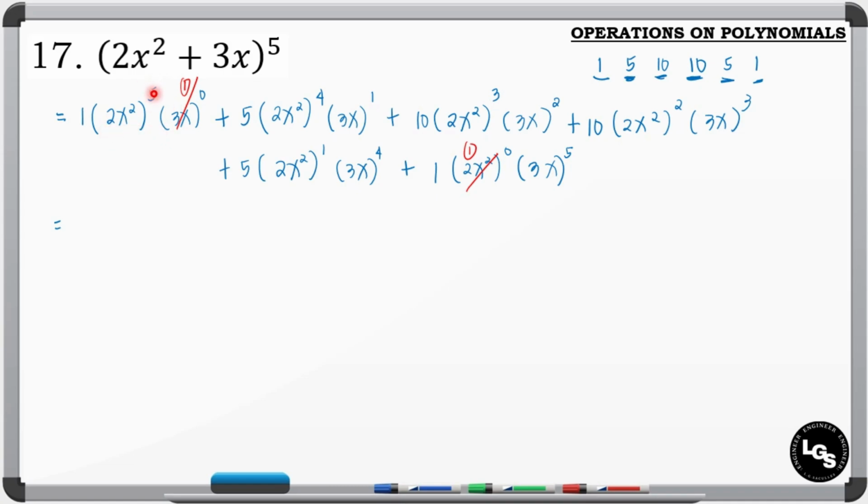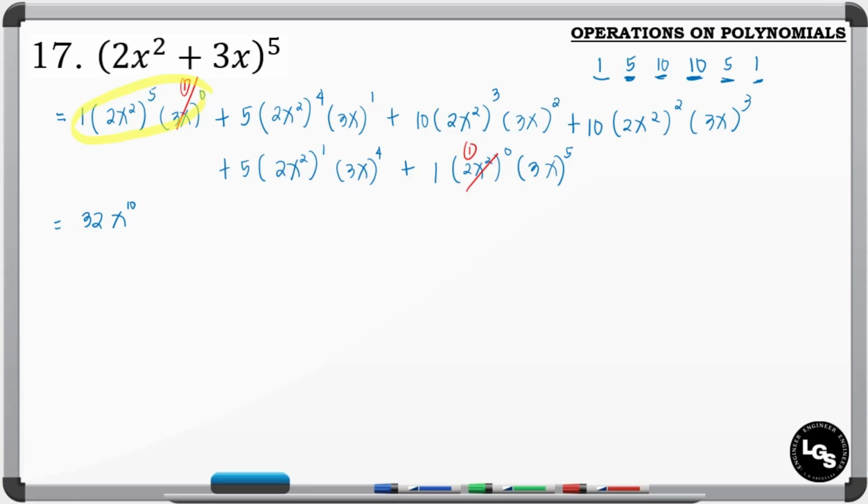So 2 raised to 5, that is equal to 32. So 32 times 1, that is still 32. Then x, so we have here x squared raised to 5. So by index law, that will multiply. So 2 times 5, that will become 10. So we are now okay with the first term. Next, with the second term,